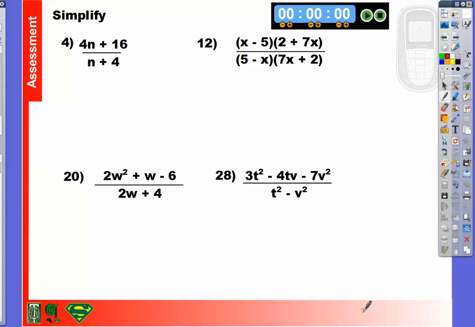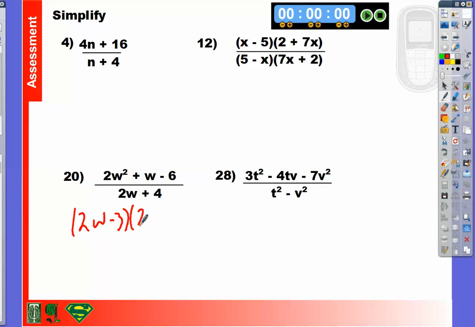We have (2w squared plus w minus 6) over (2w plus 4). The numerator obviously is a quadratic trinomial. We can factor. So what does this factor to? Ooh, I got this. Yes, 2w minus 3